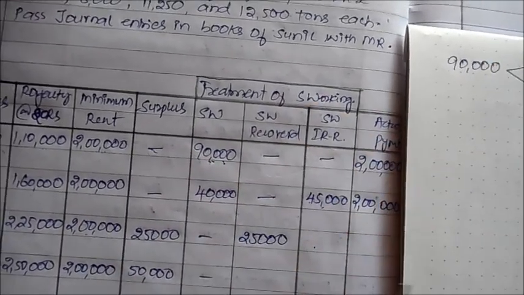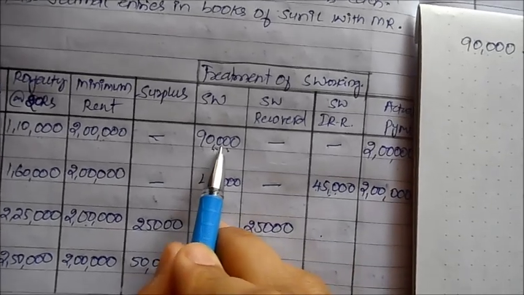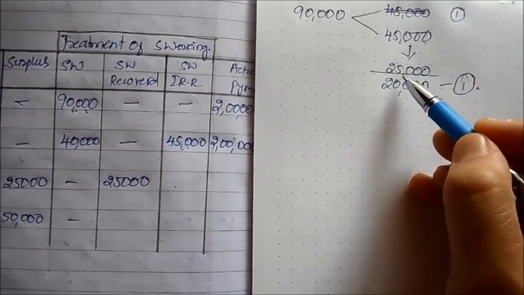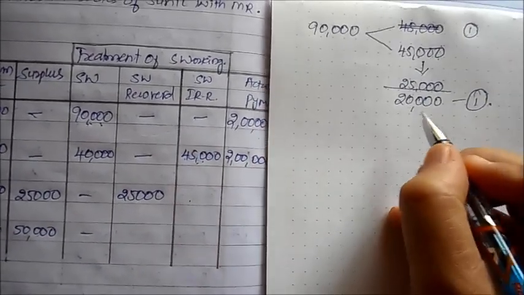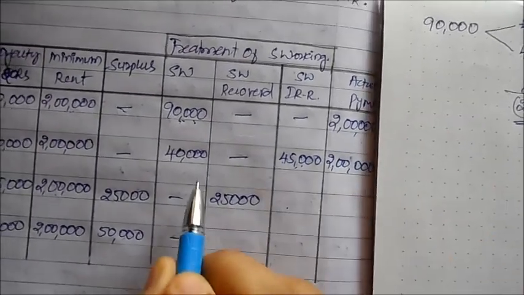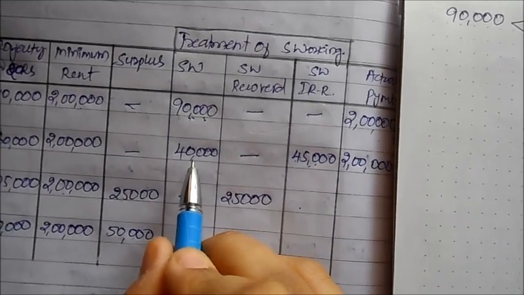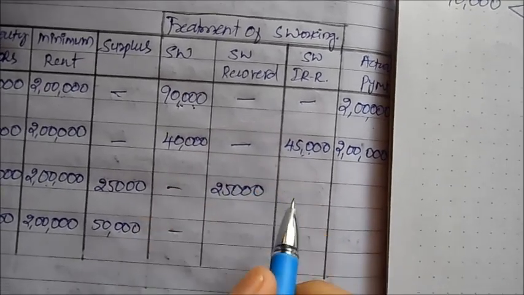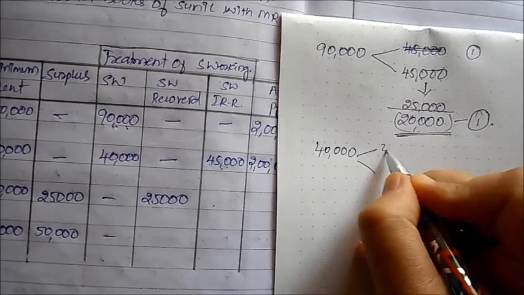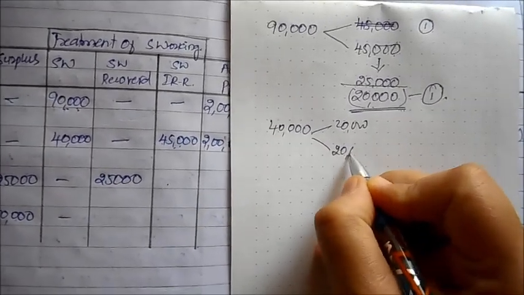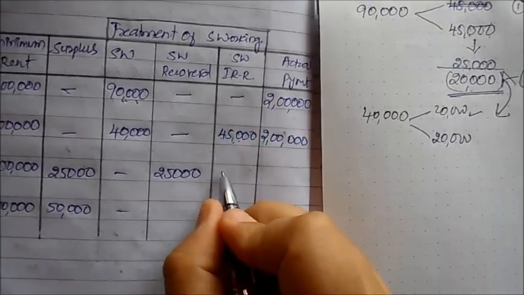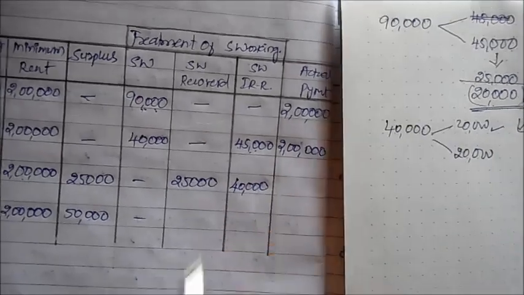First year, 50% lost. Out of this, 50% was pending. So in the third year I was capable of taking only 25 from the exclusive profit. From the first year, what is the loss? 20. Now we are not just recording this 20, because in the second year 40,000 is there. 50% of this also will get irrecovered. So both of these should get added. Actual amount of irrecoverable will be 40,000.